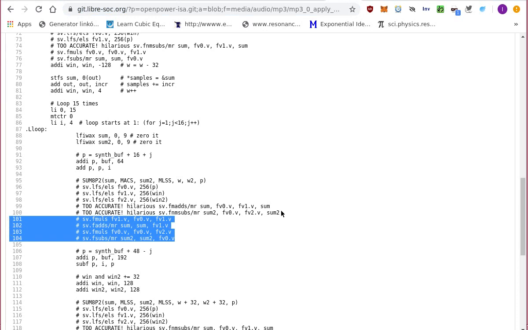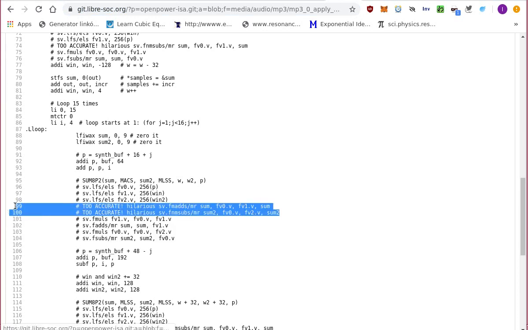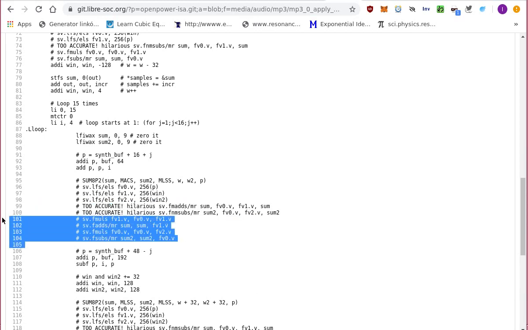It turns out that we vectorized multiply and accumulate, and it produced results that were too accurate. So for unit test purposes, we do them explicitly as multiply and add, multiply and add. So there's one here which is the add, and then the other one is subtract. Now,